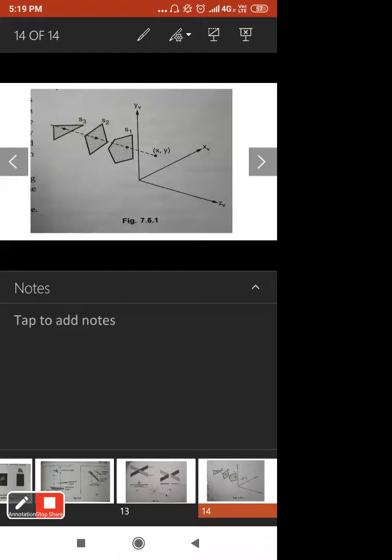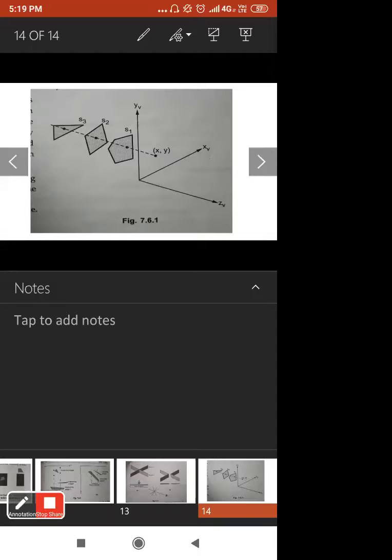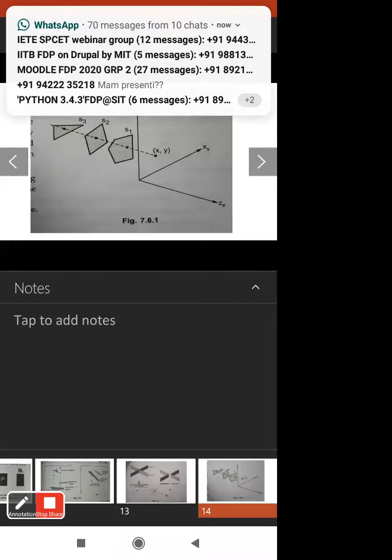Those having the greatest depth values are the hidden surfaces, because they are far from your viewing plane, your projection plane. Automatically those depth values which are greater are back faces, and those which are lesser are nearer to the projection plane, having less distance than the other.